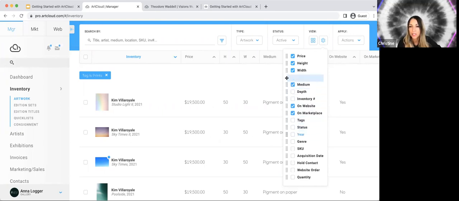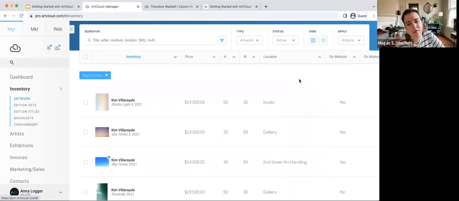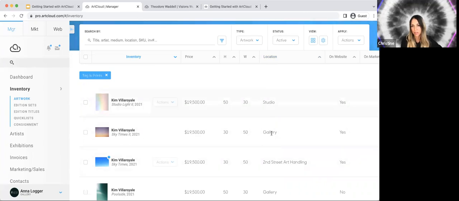So let's say I'm more interested in location, medium. Let's pull medium down. There we go. All right. So now we see the location is there. Again, studio, gallery. This can be really dynamic. I'll show you where to set the locations later, but you could even be as specific as flat file A,